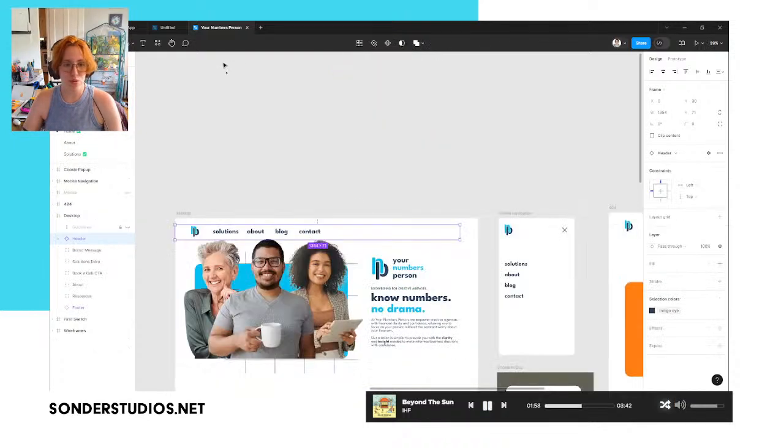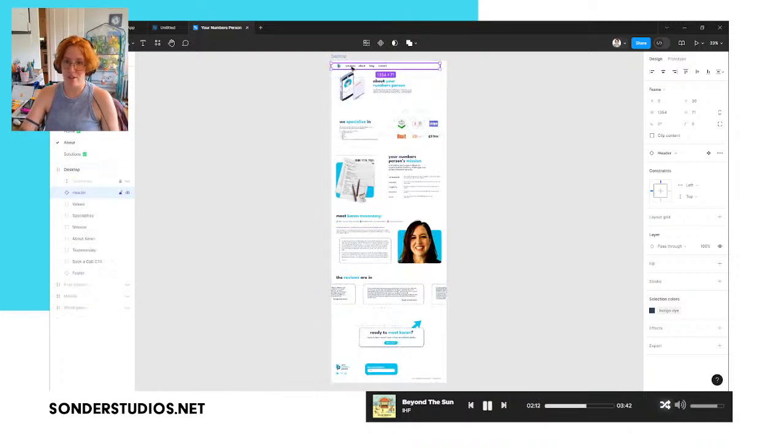So, the cool thing that Figma does is that you can kind of just... How do I explain this? You can take this header, and if you make it a component and paste it on here, you're not just copy and pasting your work.